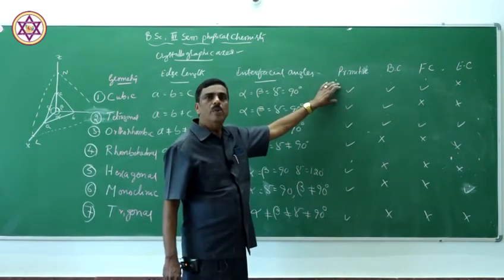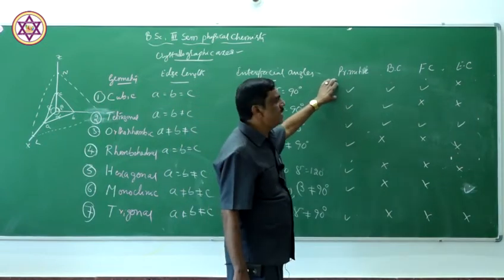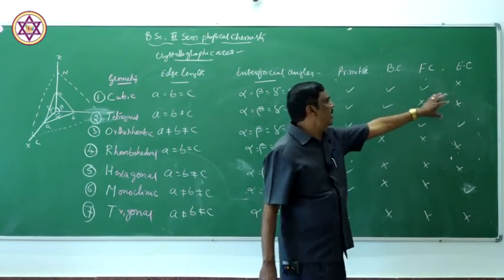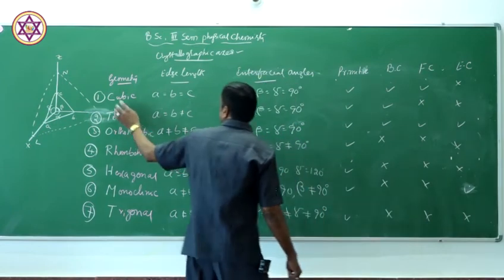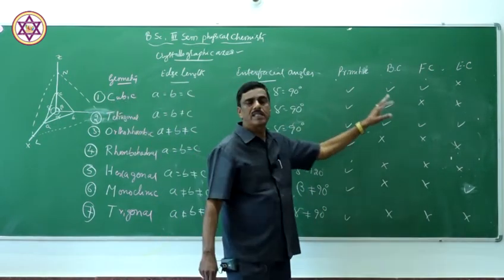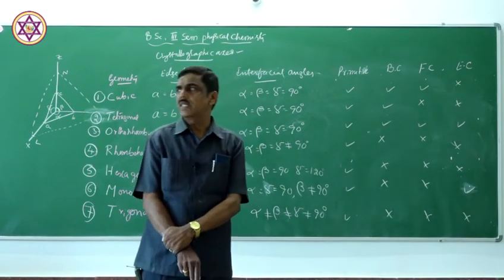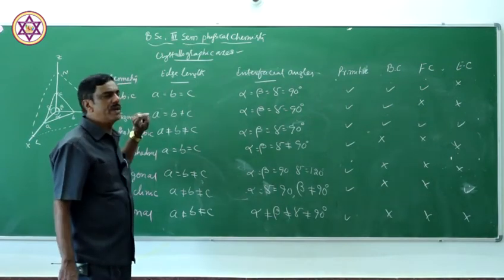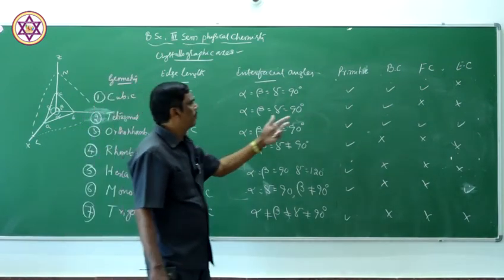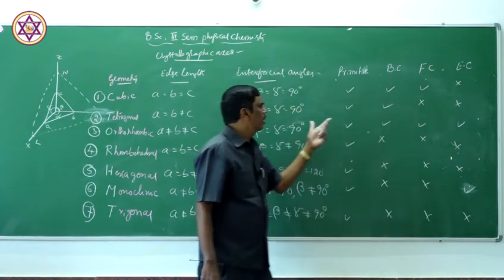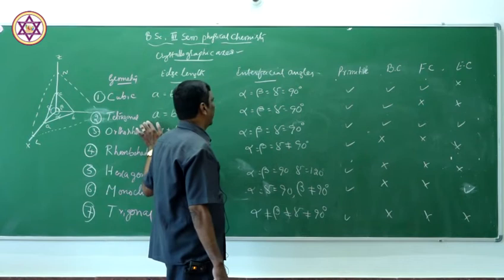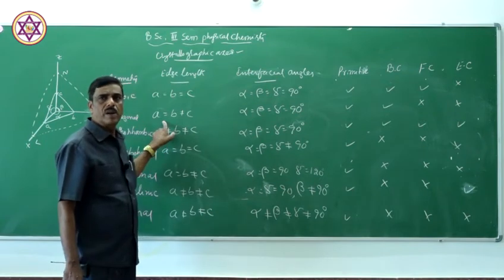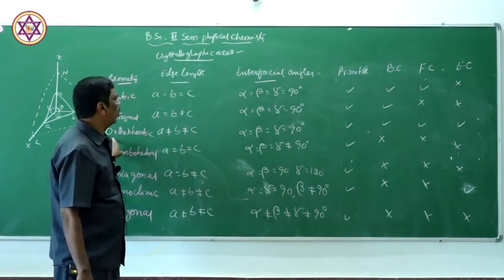One is primitive or simple cubic lattice, body centered cubic lattice, face centered cubic lattice, and no edge centered cubic lattice in case of this cubic lattice. So, 3 types of cubic lattice: primitive cubic lattice, body centered cubic lattice, and face centered cubic lattice. In case of tetragonal geometry, there are 2 Bravais lattice. One is primitive tetragonal, body centered tetragonal, only 2 Bravais lattice,